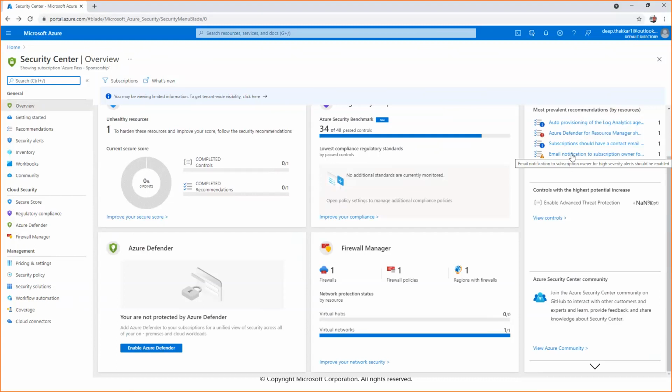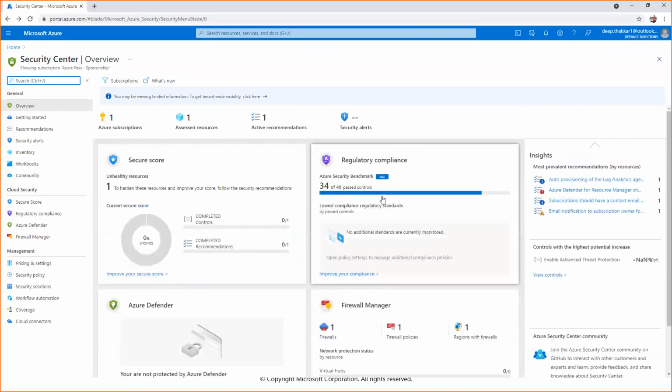For example, as I said, Security Center provides email notifications, either email or SMS or some other kind of notification. So I should update my email ID or notification settings so that I get notified if there are any threats or alarms regarding the security of my enterprise or my resources.